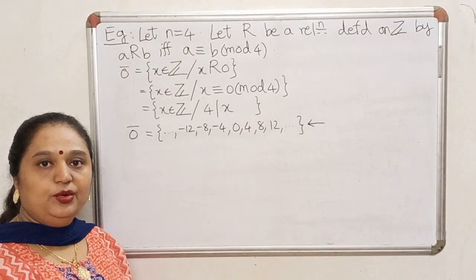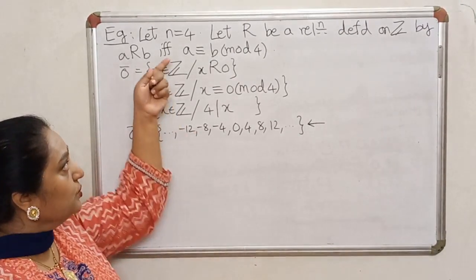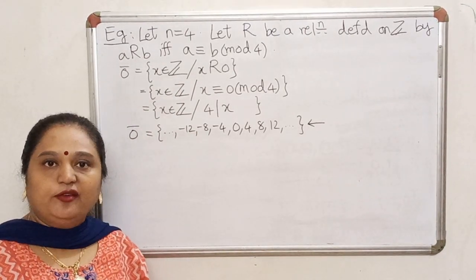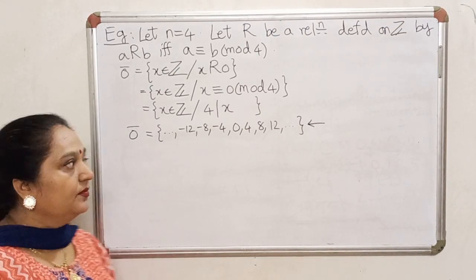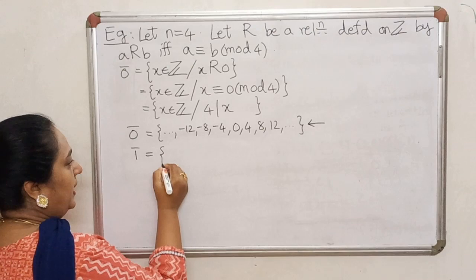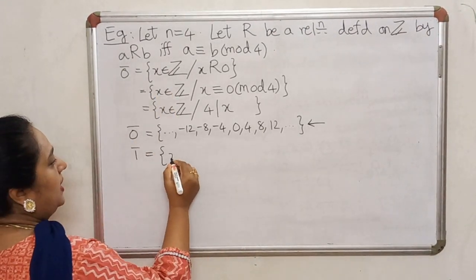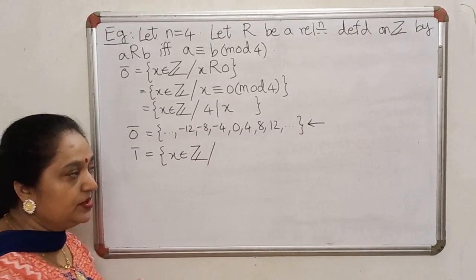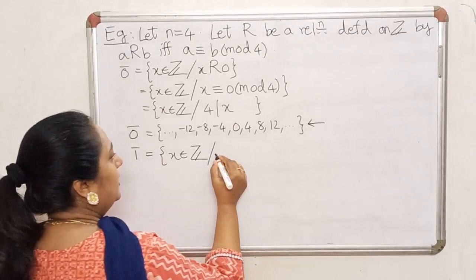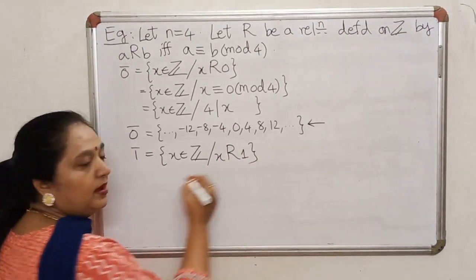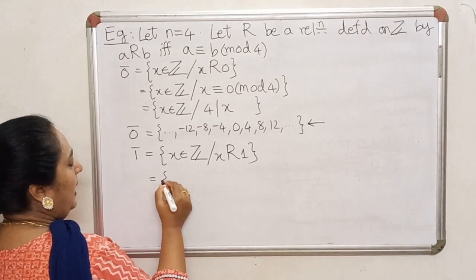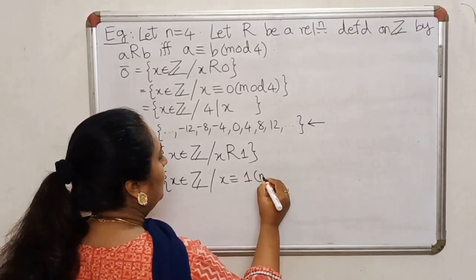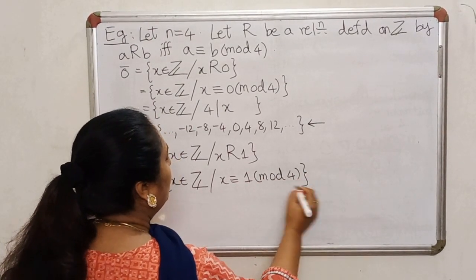Next, try and find out the equivalence class of 1 by using exactly the same technique. So pause your video and find out the equivalence class of 1. If you are done, you can now check your calculations. Since I am finding the equivalence class of 1, the set under consideration is the set of integers. So I take all the elements from that set which will this time be related to 1. And therefore, I look at all integers where x is congruent to 1 modulo 4.